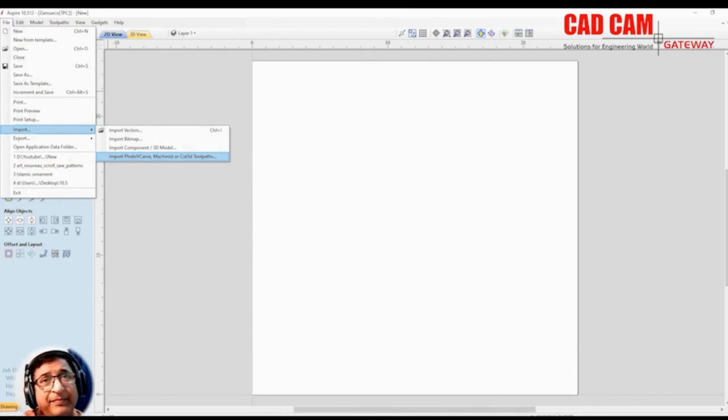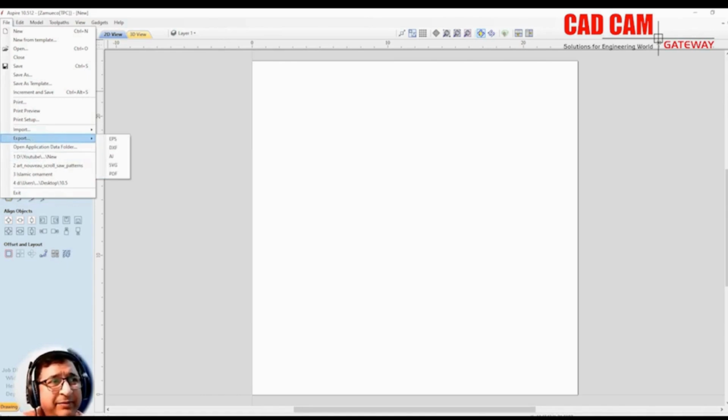Let me give you a little hint. When you move a file from an old version to a new version, you can use this feature to import its toolpath as well. We will discuss this in detail in the next lesson, God willing. Similarly, here we have the export option. When you export a file from this software, you have 5 extensions through which you can